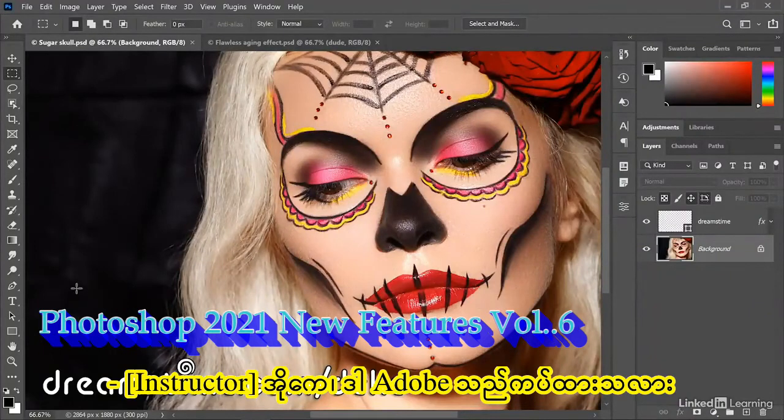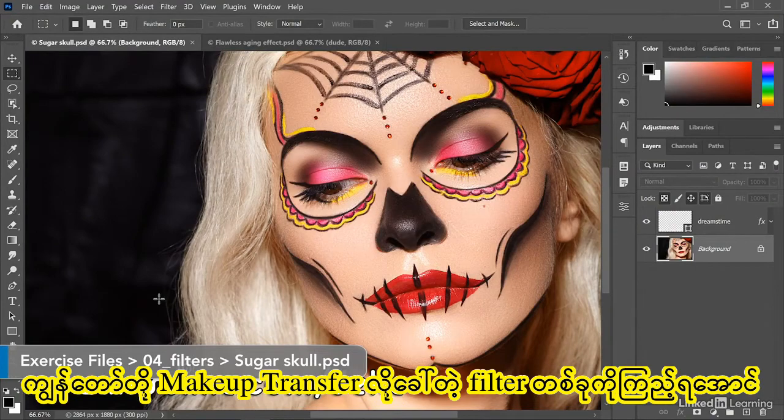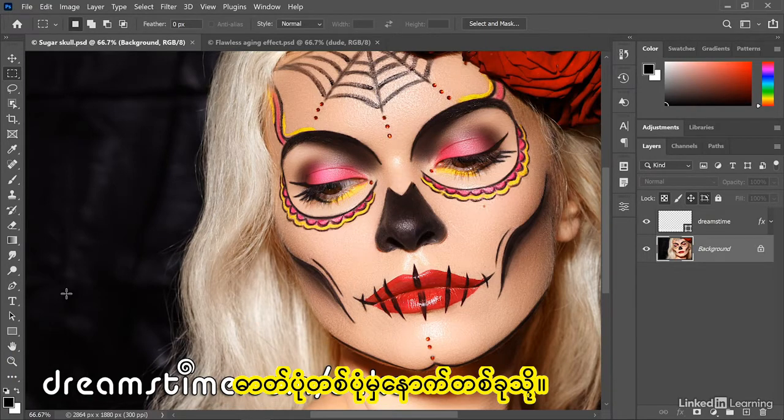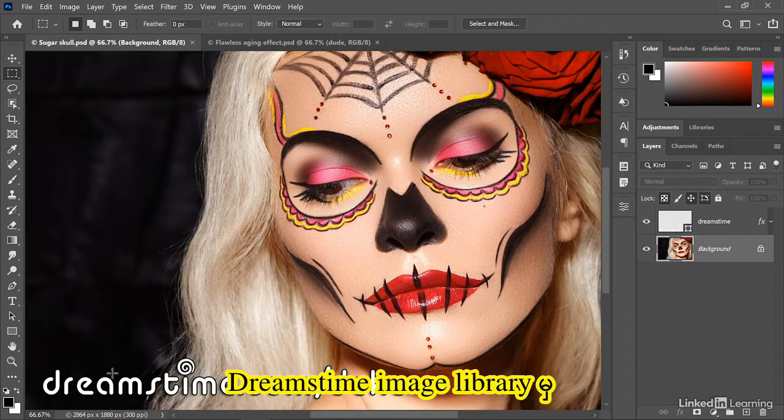Okay, so whether Adobe sticks with the name neural filters or not, there's a whole bunch of them. We're going to take a look at a filter called Makeup Transfer that allows you to transfer the makeup from one photograph to another. So here we are looking at a kind of calavera photograph from the Dreamstime image library,